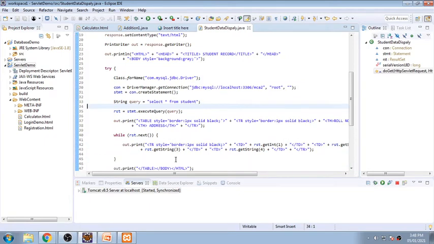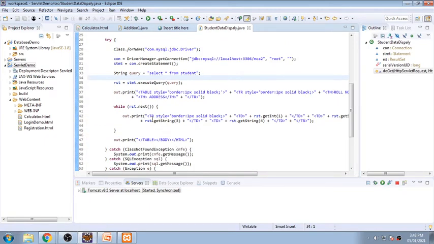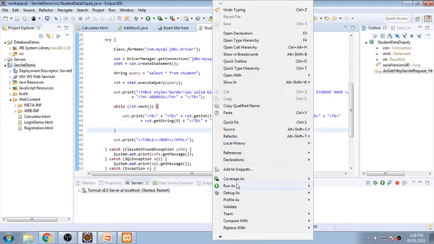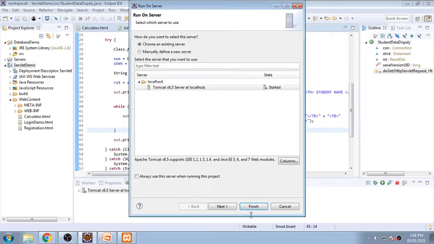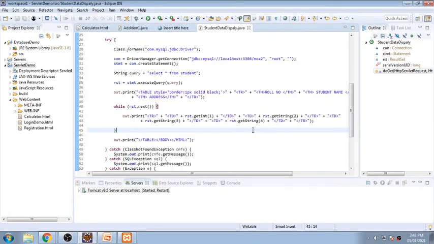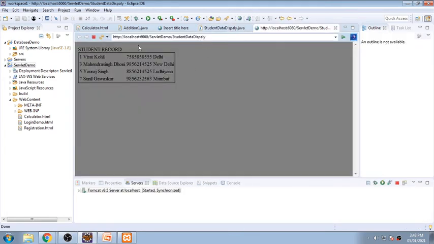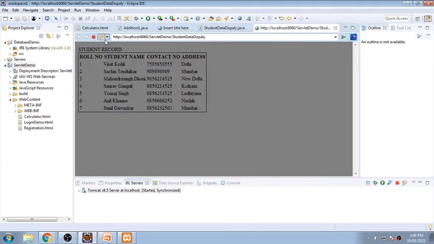Why? Okay, my all records are retrieved and it is displayed like this.